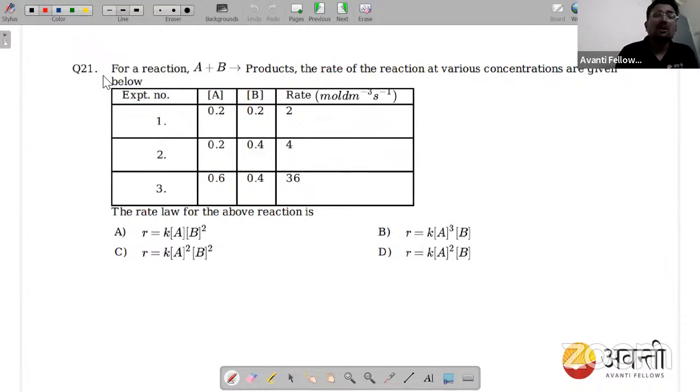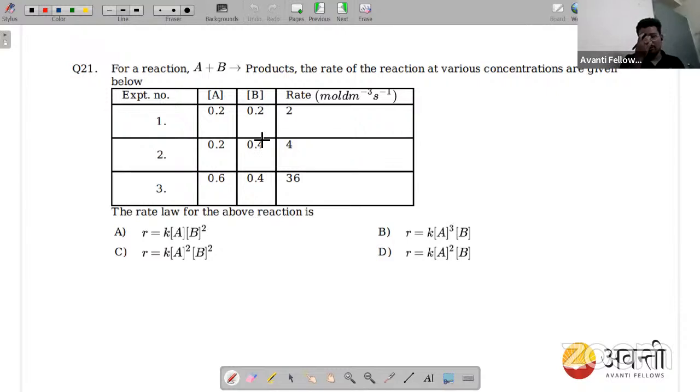Okay, so this is also one method to calculate the order of reaction by experimental data. We have already learned about how to calculate order of reaction. It can be calculated theoretically, or by the reaction mechanism method, or by the experimental data method. Is that clear? Now we have to calculate the order of reaction and we have to write the rate law